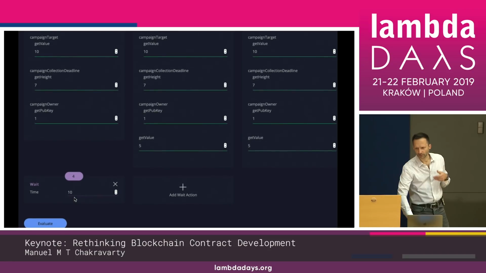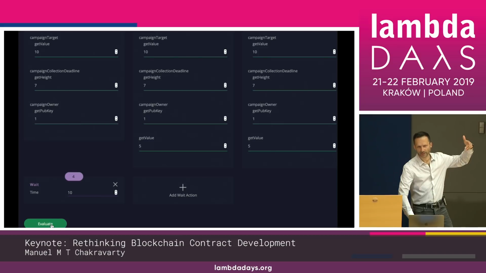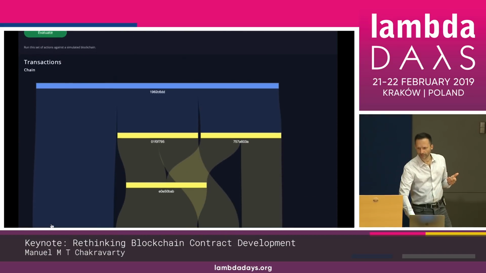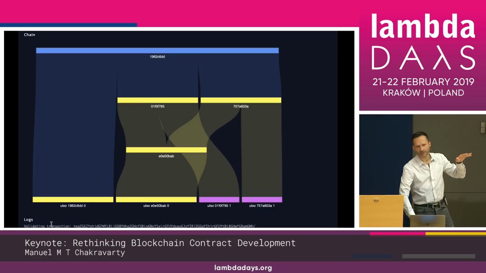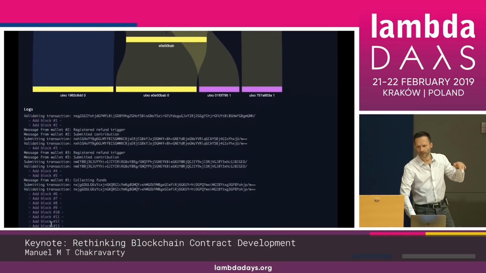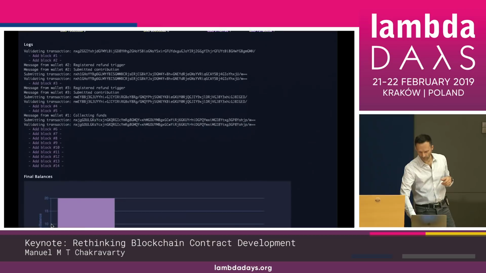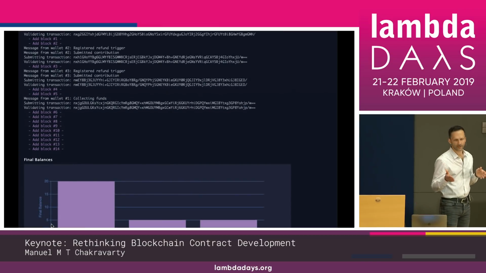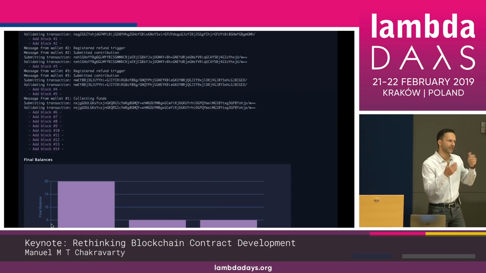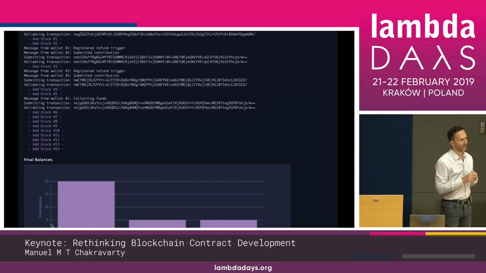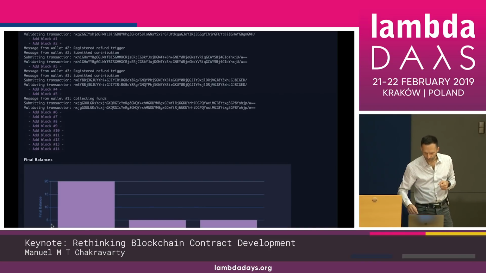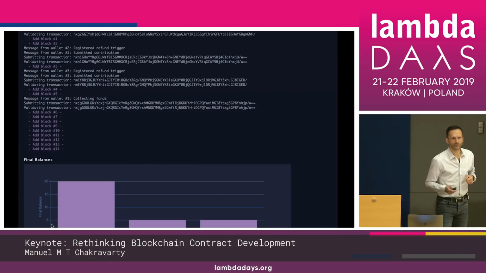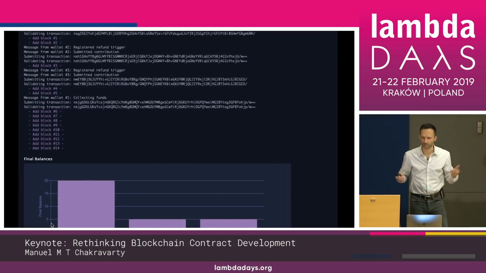And then I can submit this event trace to the mock chain using on the basis of the Haskell code we had before. And then we get a visual representation of the UTXO graph with the various transactions, some logging information if you need to debug the contract. And that's the final set of balances. So all started out with 10 ADA, but now the first one, which is the campaign owner, has got 10 extra due to running this campaign successfully. All right. So this is how it works.